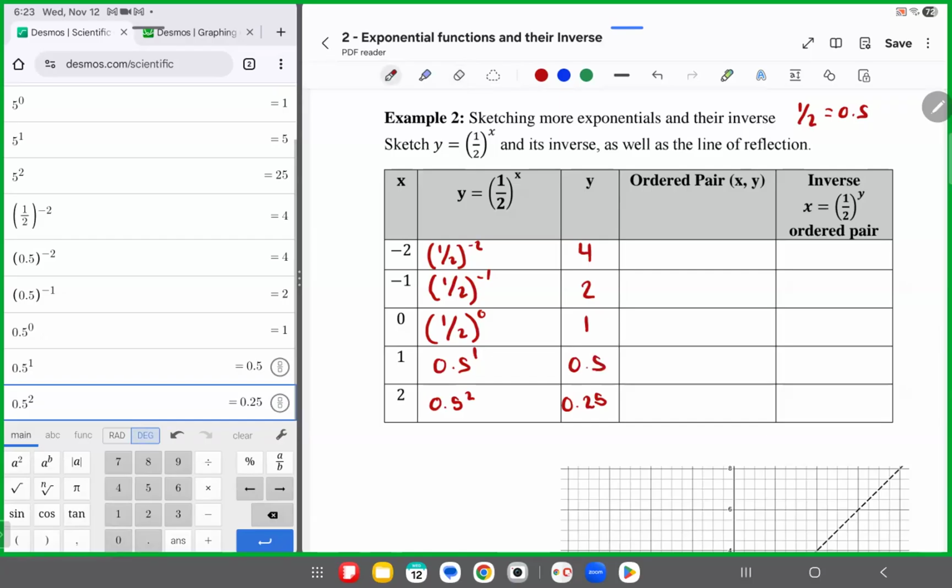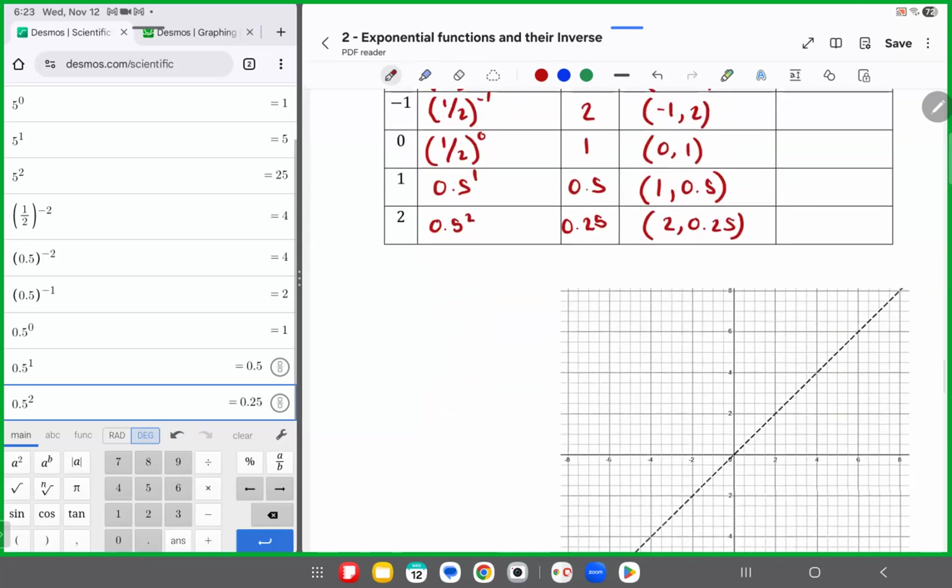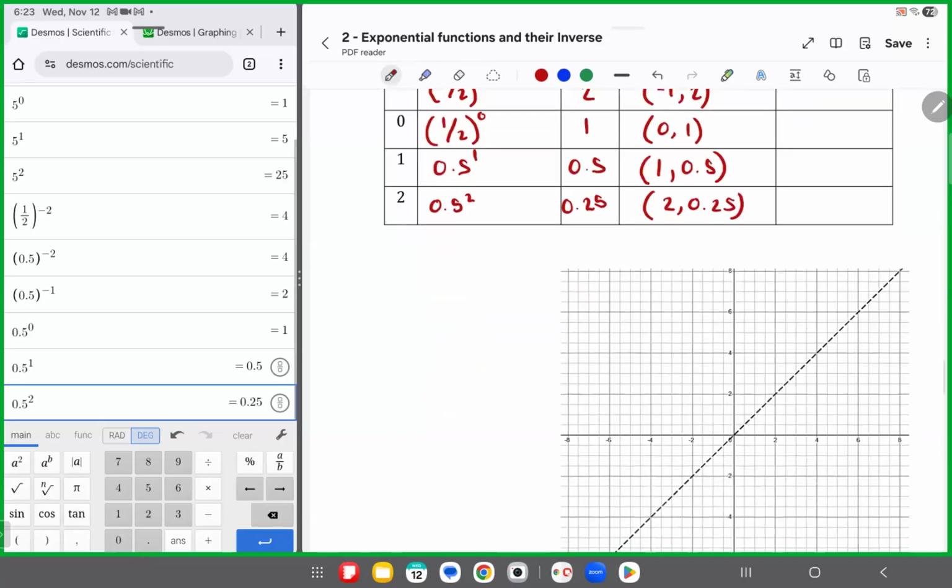Okay, so the ordered pairs we're going to work with will be -2 comma 4, -1 comma 2, 0 comma 1, 1 comma 0.5, and 2 comma 0.25. Okay, so when we graph this on our table here, so our first point is -2